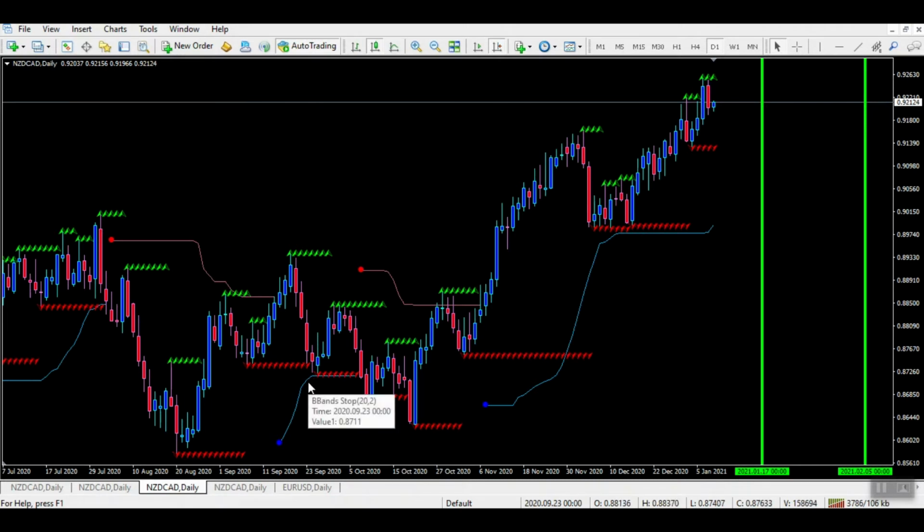You can scan for the Bollinger Bands breaks on the same bar that a fractal breaks, such as right here. You stand a better chance. See, like here, it broke the bands, and on the same bar it broke that fractal. You stand a better chance when it's two of them. So in other words, if this comes crashing down right through here, you stand a better chance. It seems that you stand a better chance when it breaks two at the same time on the same bar